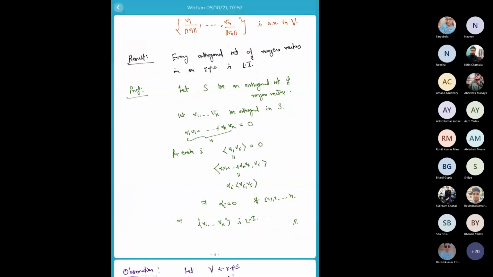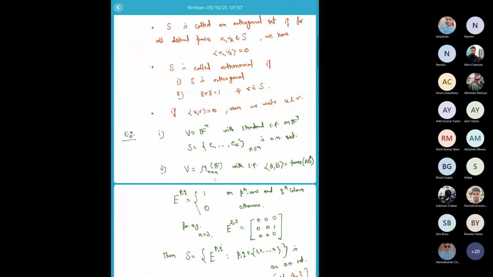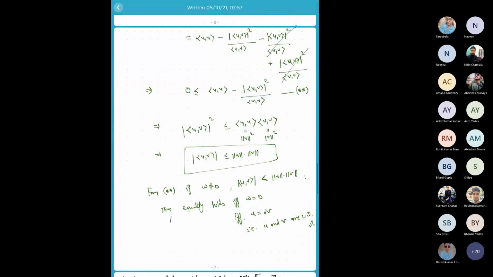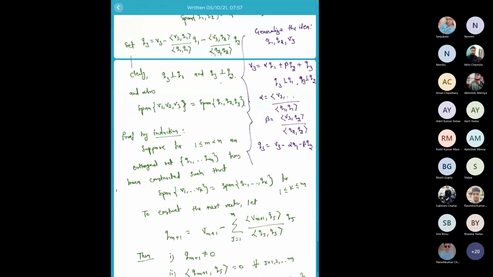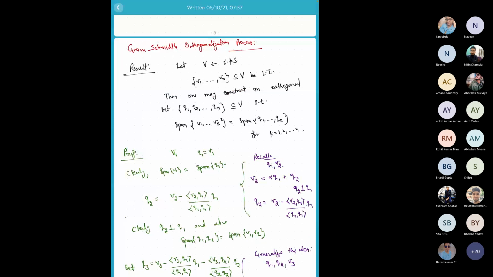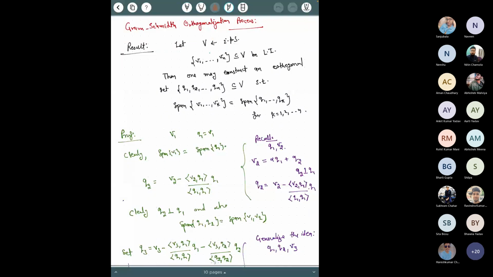Okay, this one. So in the Gram-Schmidt process, I started with a linearly independent set of vectors. But suppose my vectors are linearly dependent. What happens if the Gram-Schmidt process is applied to a linearly dependent set of vectors? Can you say something? So if I apply the process on a linearly dependent set of vectors, then what kind of vectors do I get?